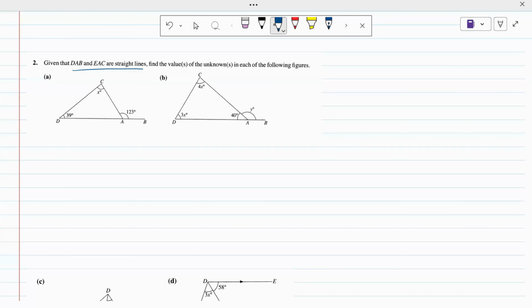Here it clearly says DAB and EAC are the straight lines. So these are the straight lines, and we have to apply the properties of straight lines. This also includes the triangle. So it has to be the mix of both the straight line properties as well as the triangle properties. In case of part A,